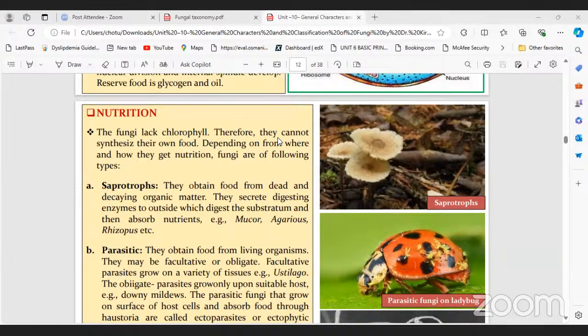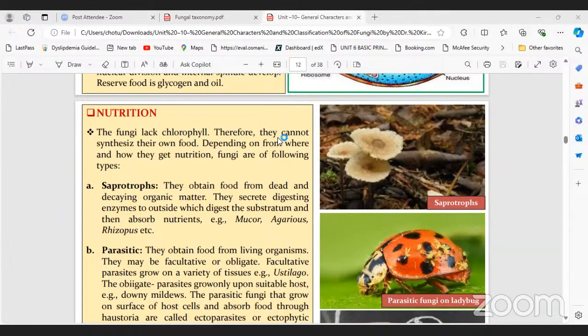They do not prepare their own food because chloroplasts are absent. That's why they are heterotrophic, and they do not prepare their own food material. The chlorophyll is absent. Next, depending on where and how they get nutrition,